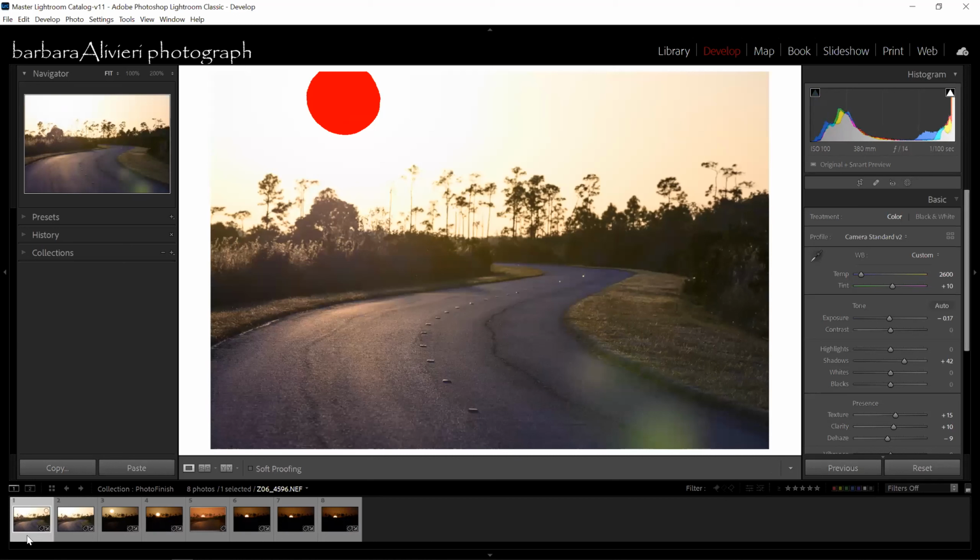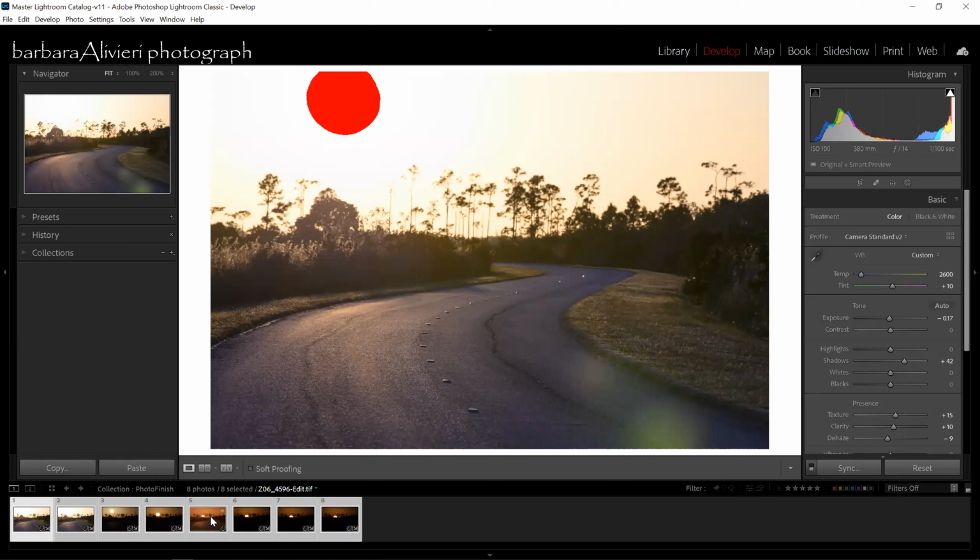Okay, so once you do that, I am going to go back and click on this first image and go back over here. You can see I am hovering over this last image. I'm going to click Shift again to select all. If you ever do this, you can also do Control or Command if you're on a Mac, A, and it will select all the images.